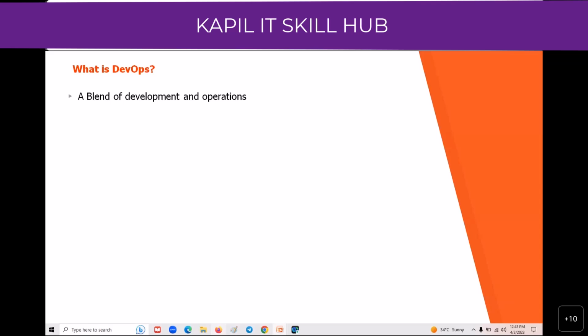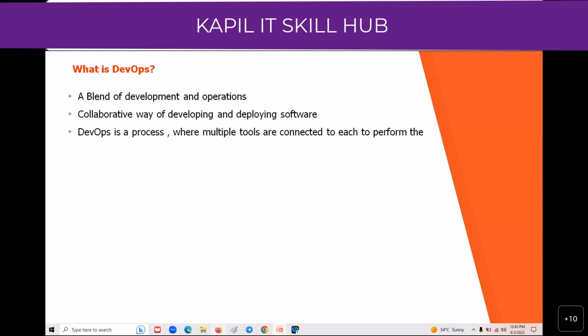But with DevOps implementation, when the project management people bring these two teams together, they have to work together as a single team. That is the approach which brings speed and agility to your application development. The collaborative way of developing and deploying software is called DevOps.